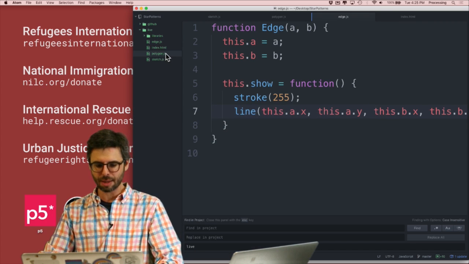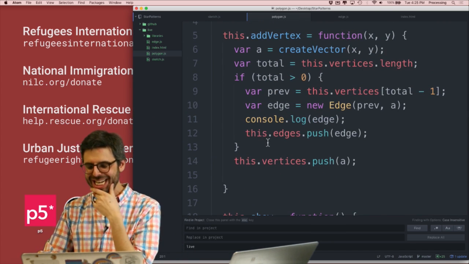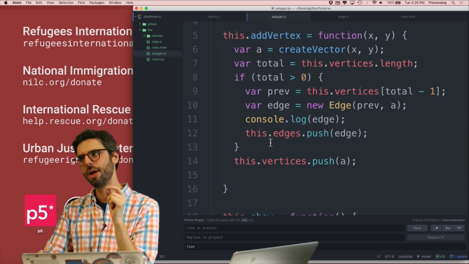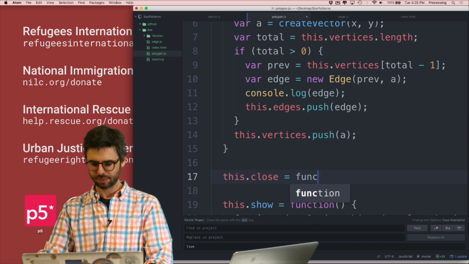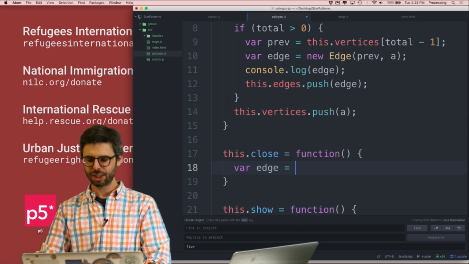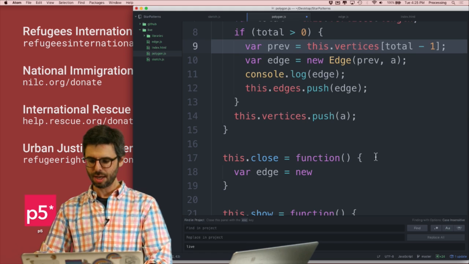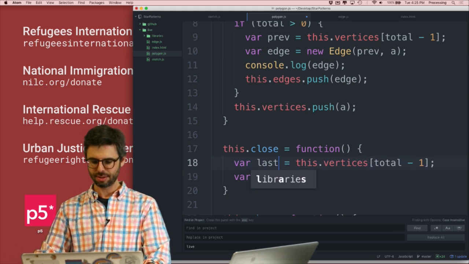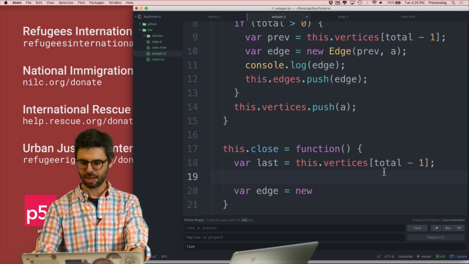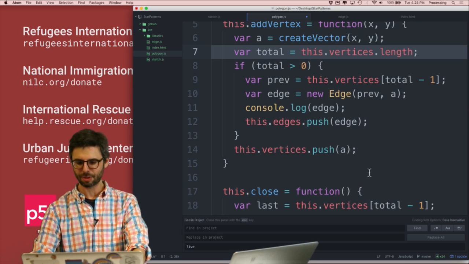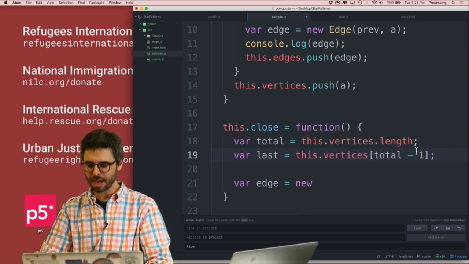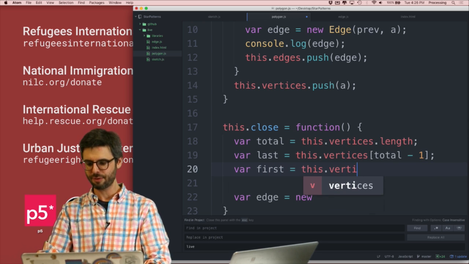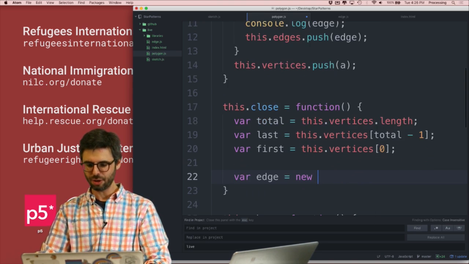So what I'm going to do, if we look at the polygon, is I really should connect the first one with the last one. I'm going to write a function called close that I can just call, that just says var edge equals a new, let me get the last one. There's probably a JavaScript function, like I can do pop or shift, that just gives me the last one of the array. But here I could just grab the last one, and then I can say the first one, this.vertices[0], and I can make a new edge